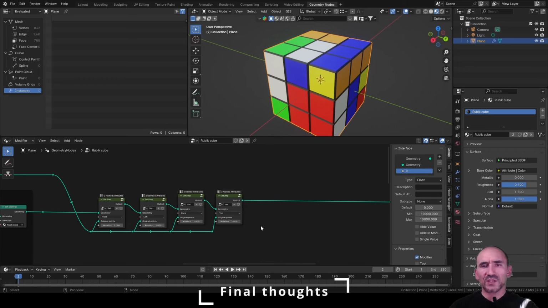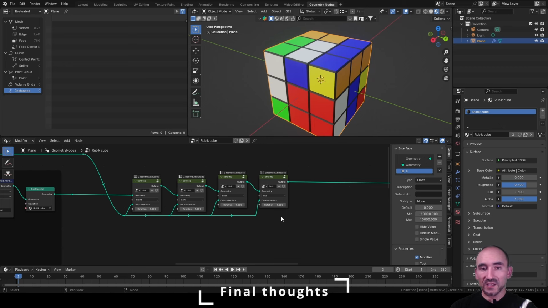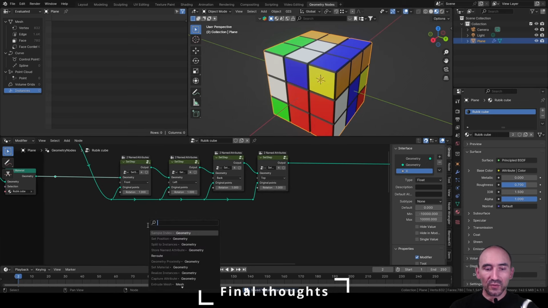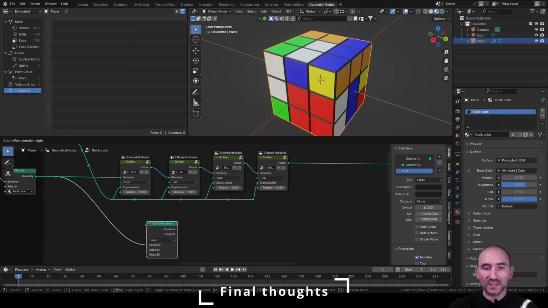You could say, yes, but why not use the split to instances node? Well, because the split to instances node can give you advantages and disadvantages, because the main issue of the split to instances in this case is that when you use it, you lose all the information and the attributes previously stored in the mesh. So I can prove it to you if I link these to a split to instances node